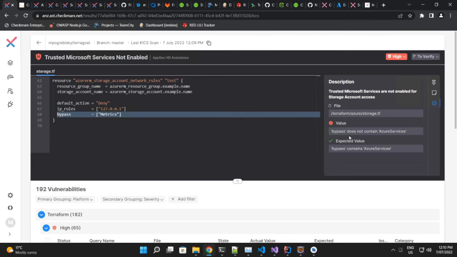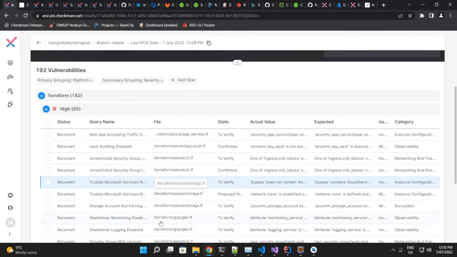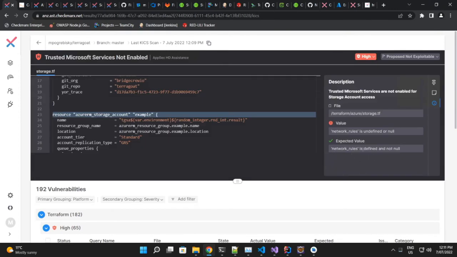Because in some cases you can do a pretty certain fix automatically, but in some cases, like for example, if you want to limit network range, so network rules, you want to have it defined, but you need to define it to a specific value, right? So you need to provide a value there, and it cannot be suggested automatically. So we can provide some skeleton for the fix, but the actual content of the fix needs to be input